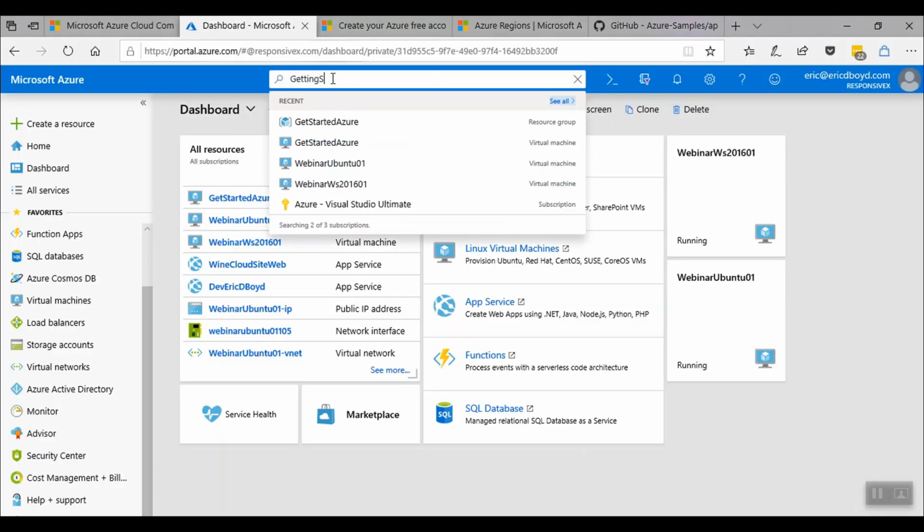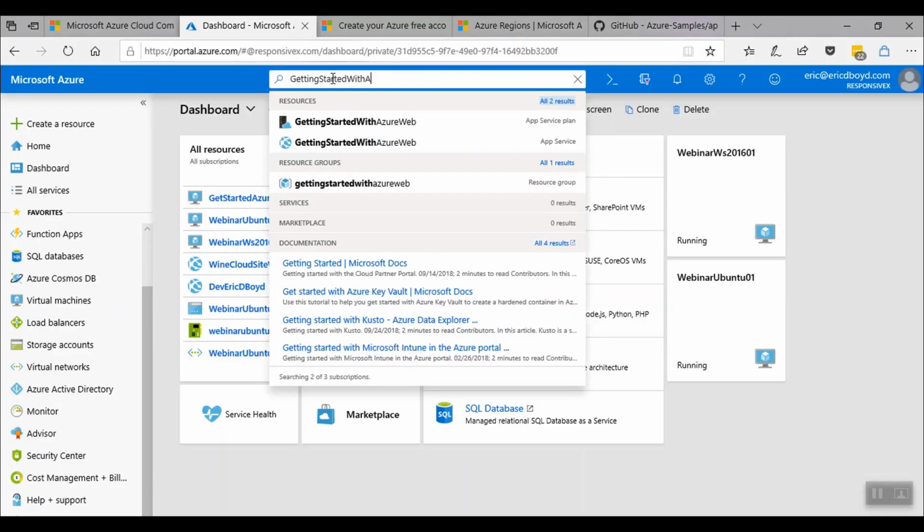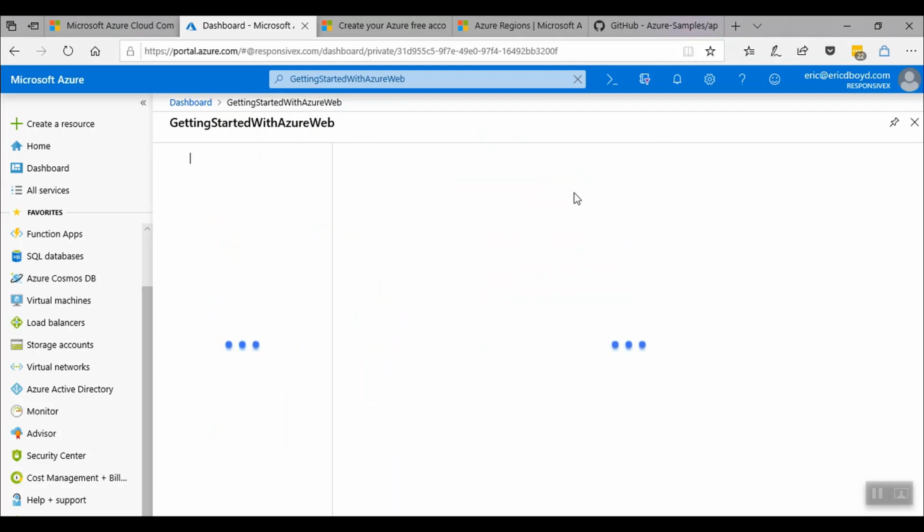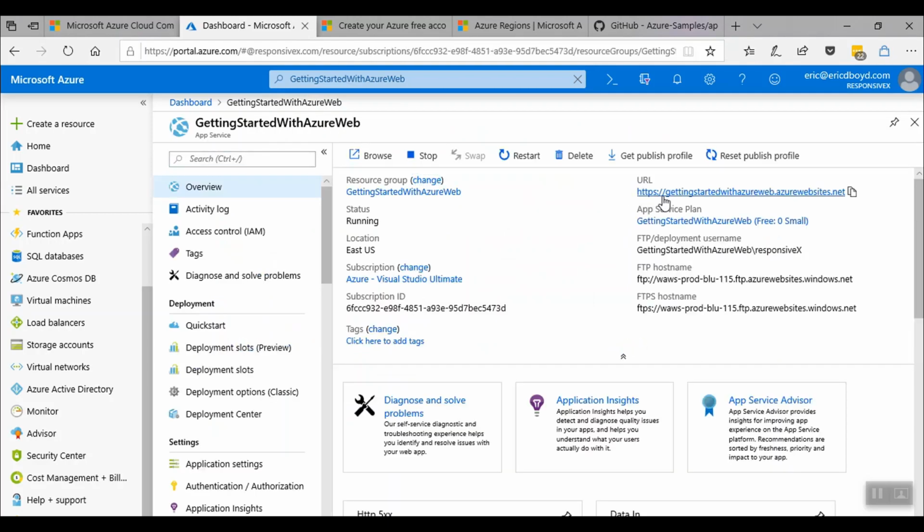I'm going to jump to the portal and search for the web app that we just created. I see there are already two resources available. There's the resource group, and then there's the app service and the app service plan that I created. When I select the app service, it'll take me to the app service details page. Here I'll see the URL, and I'll be able to click on that URL to open that web app up